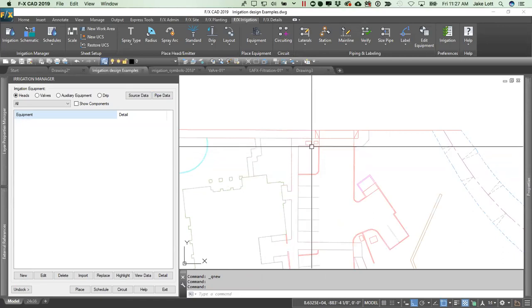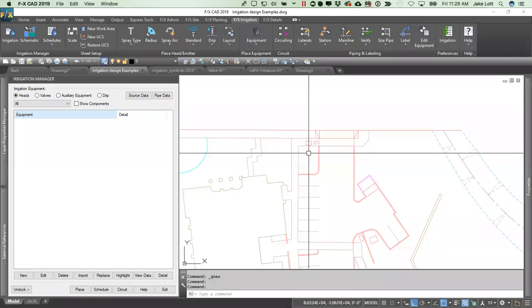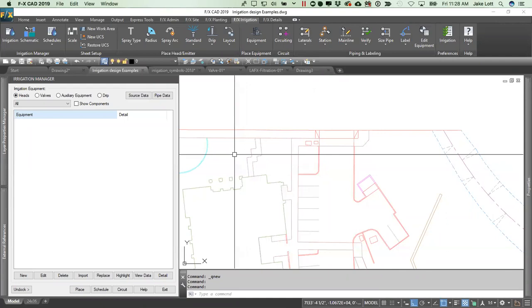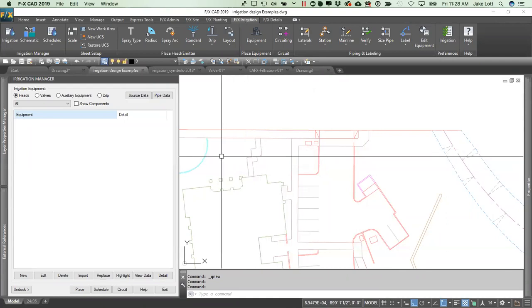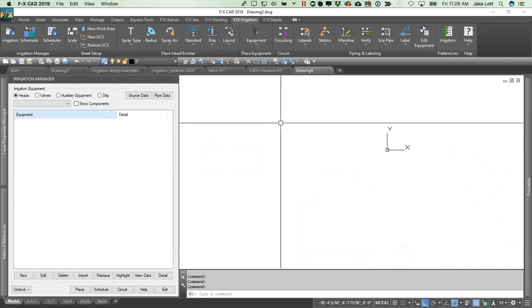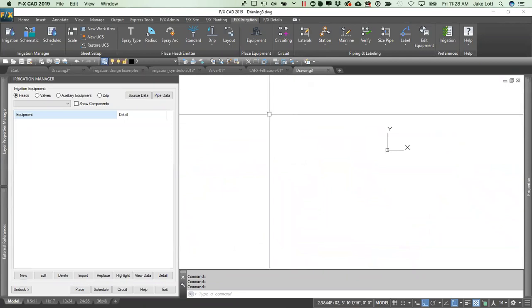Reassigning projects or overriding what you're doing in a certain project is definitely going to harm the data that's already placed into the drawing. So what I would recommend is just opening up a blank drawing. It doesn't matter what it is, and I think this is one of the hardest things to grasp here: I don't need to save this drawing. I don't need to do anything. The changes that we make are kind of instant, and they're live to the actual database itself